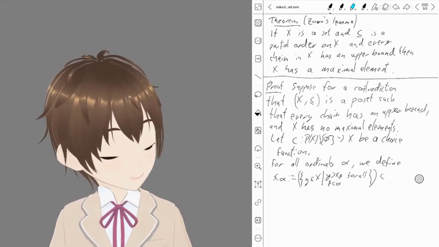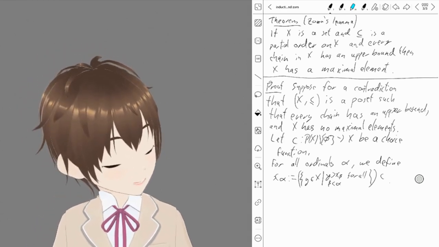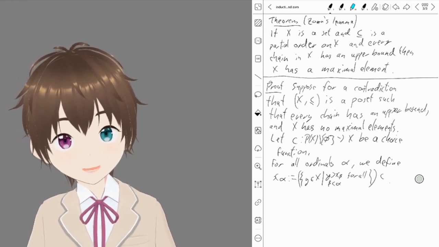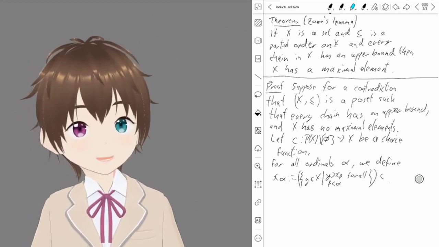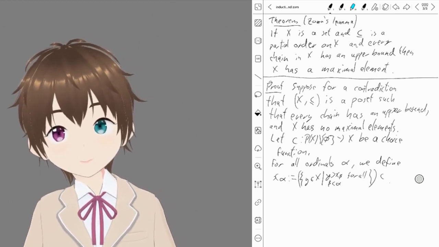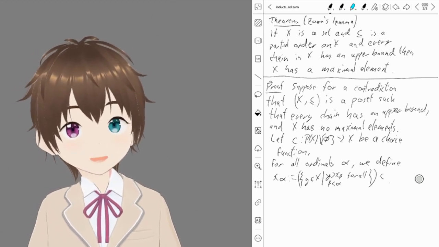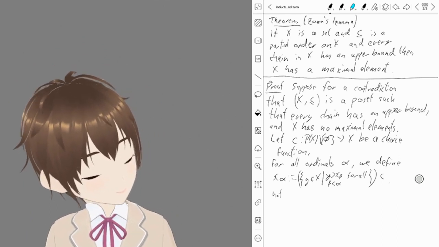And the last case is that alpha is a limit ordinal. If alpha is a limit ordinal, then the set of X betas below alpha is a chain by the inductive definition, because each thing is bigger than all the previous ones. And this chain has an upper bound. And I can choose the upper bound for the chain. And the upper bound will not be in the chain because each thing in the chain has a successor also in the chain. So note from our assumptions